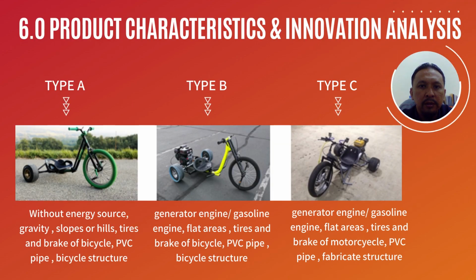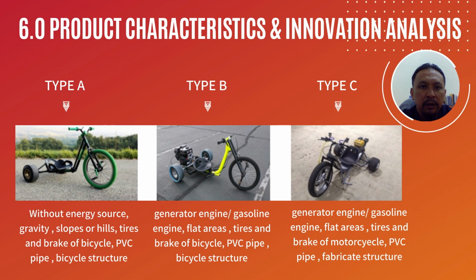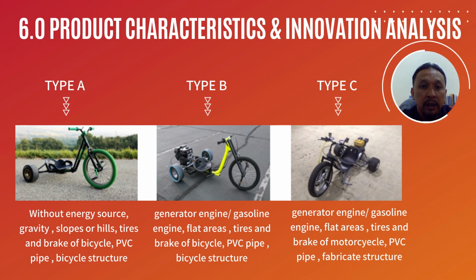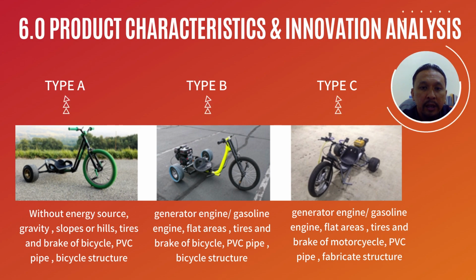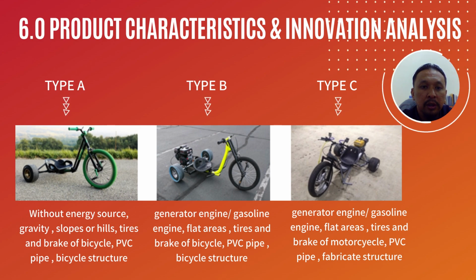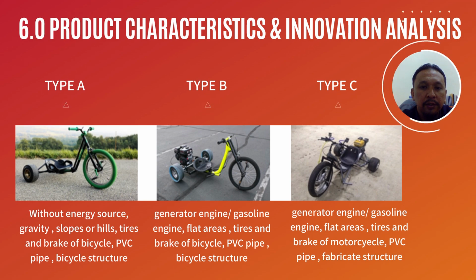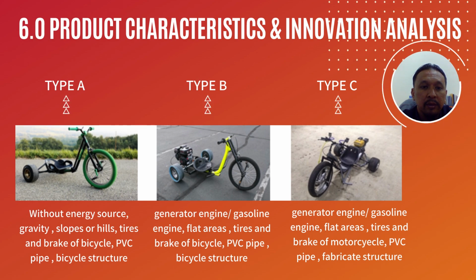We have never developed any drift trike before. Therefore, we have tried to make a simple analysis based on its features and design that we have developed, compared to the drift trikes that are our reference. Drift trike type A and type B are two types of drift trike available in the market and have been produced by other individuals, while drift trike type C is a product developed by us. Here is the figure and features of the drift trike.